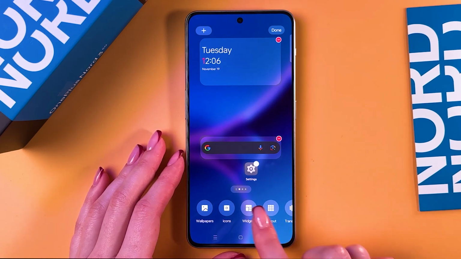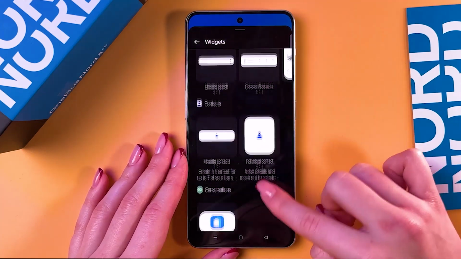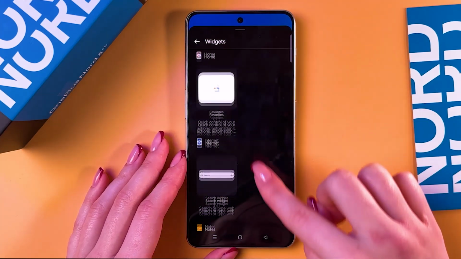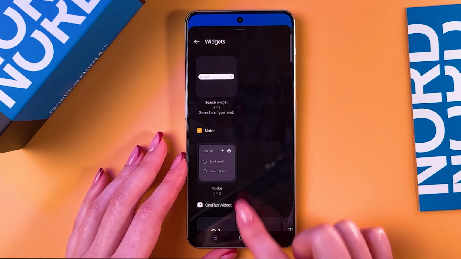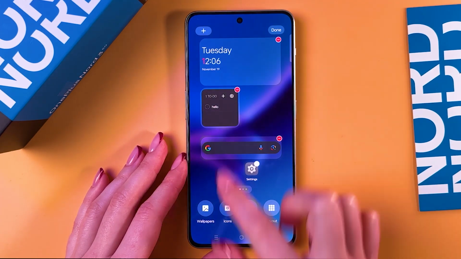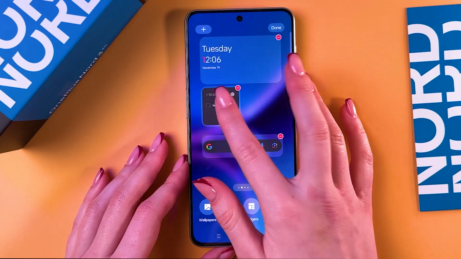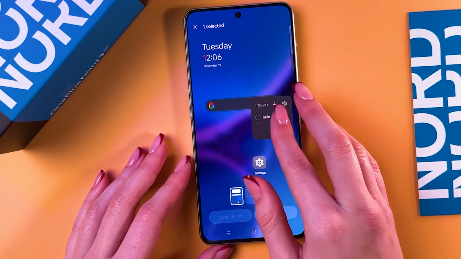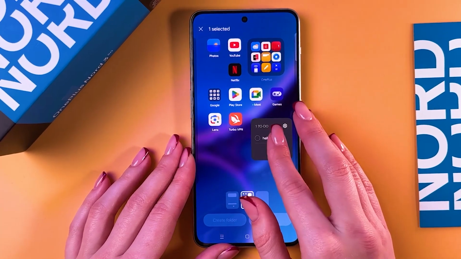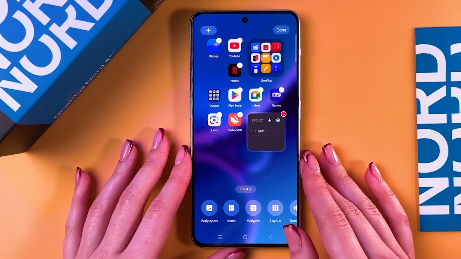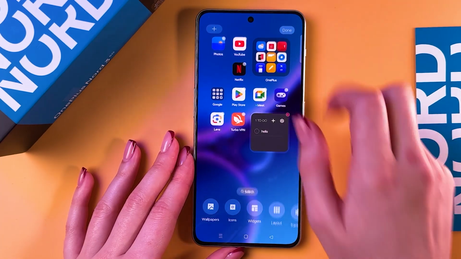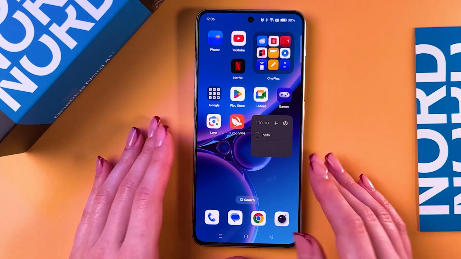So now simply select widgets, and here scroll to find the notes widgets. And yes, here it is. You just need to tap it, and now you can just reorder it, just drag it anywhere, for example on the second page. And if you're satisfied with the changes, just press the done button, and here is your notes